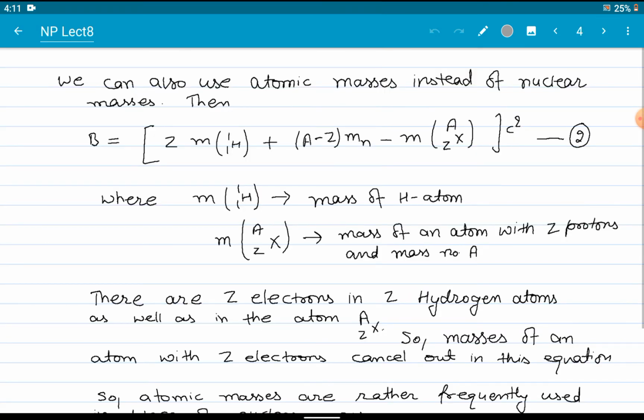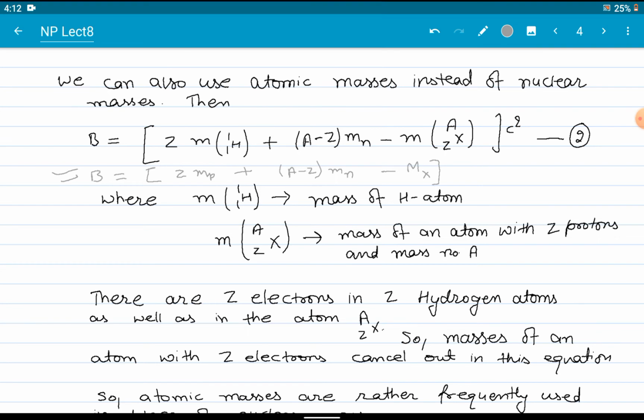Now students, we have written on the last page that binding energy is equal to Z into mass of a proton plus A minus Z into mass of a neutron minus mass of the nucleus, let's say a nucleus of an atom which has a chemical symbol X. Okay, this is binding energy till now. But